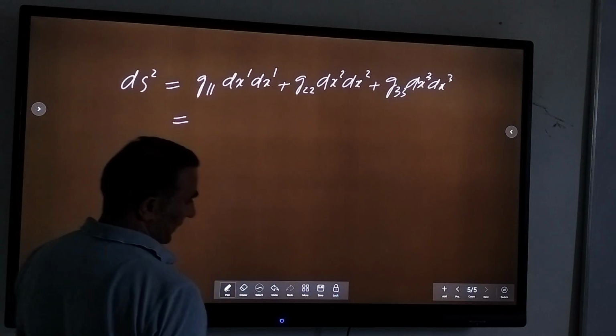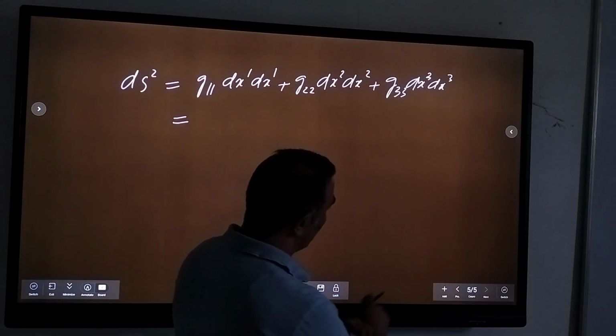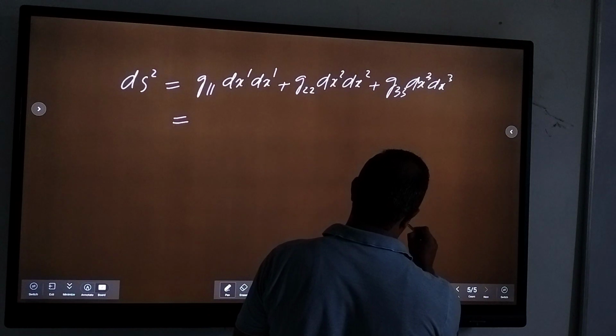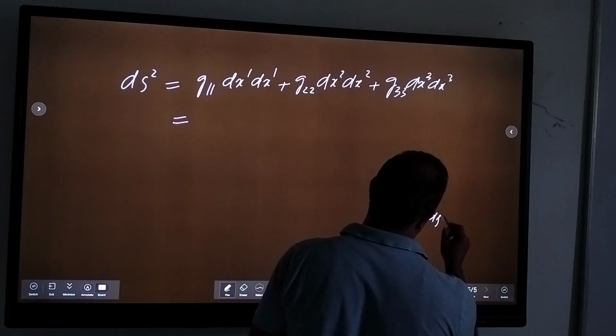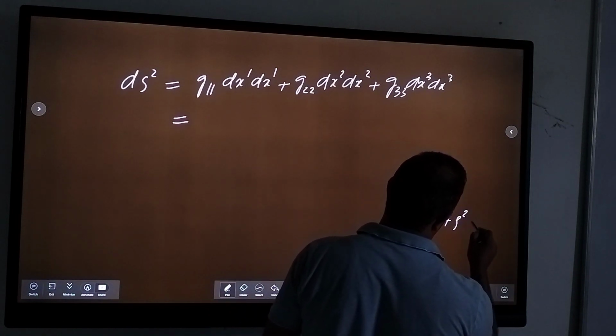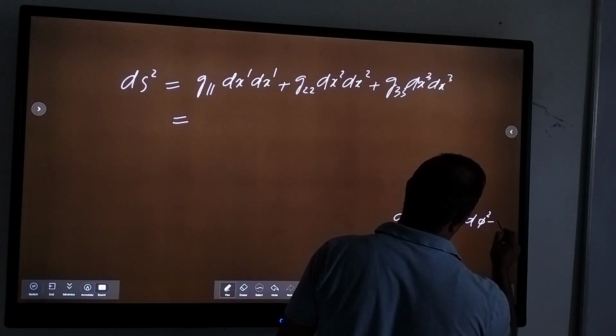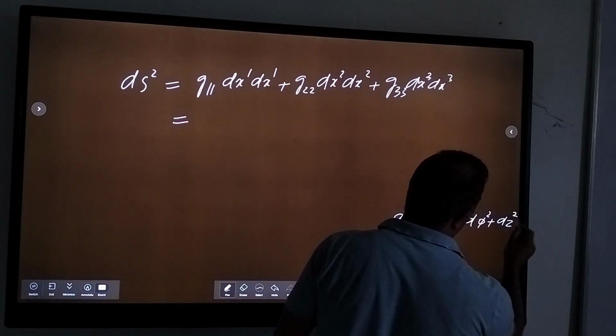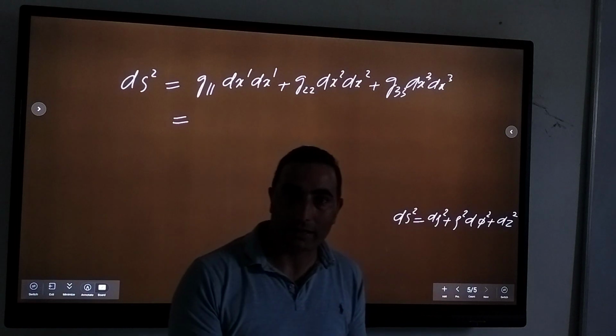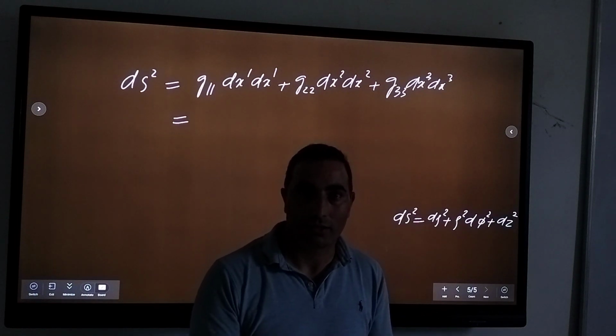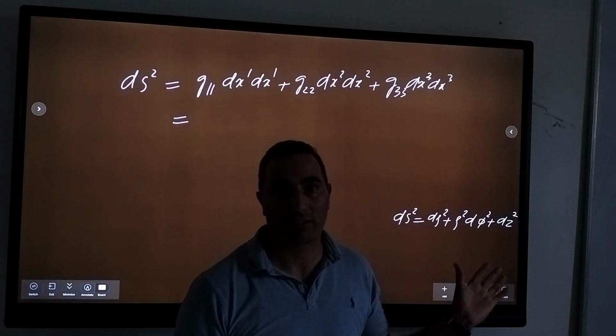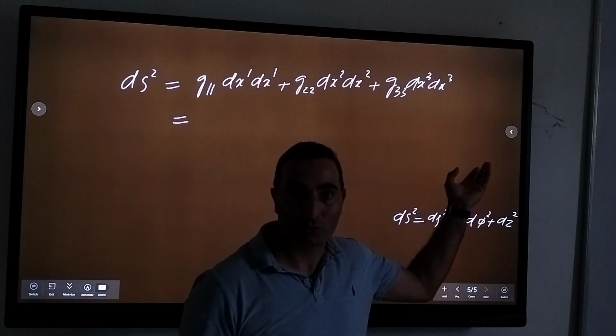So what should I get here? So यहाँ पे क्या आना चाहिए? Because that ds square should be, because ds square is, that is 0 square. तो इसके लिए जो हमारा मैट्रिक्स होगा, okay, so that will be different for this one because I am using a different coordinate system, so that's cylindrical